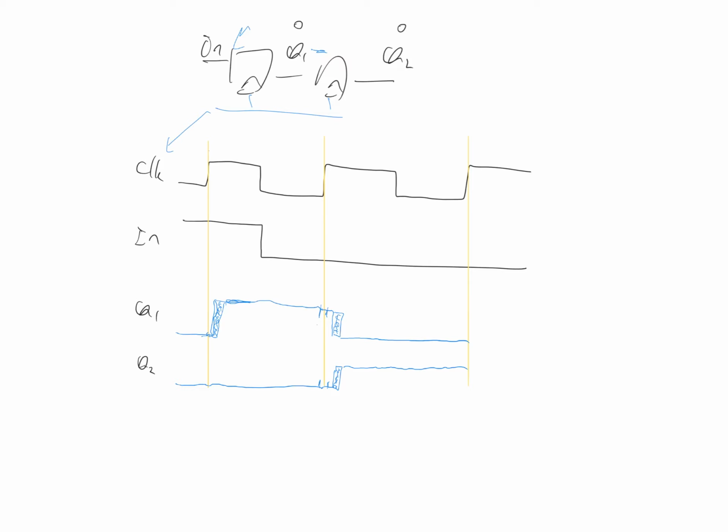Then we come to this last rising edge. The input has not changed to flip-flop 1 between the previous rising edge and this rising edge, so this does nothing. However, the input to the second flip-flop has changed. At the previous rising edge, the input was a 1. At this rising edge, its input is a 0. So the second flip-flop, whose output is Q2, is going to make a transition, same as before. For the contamination delay, nothing happens. In here, we don't know what happens, fill it up with X's, and then it's going to be a 0